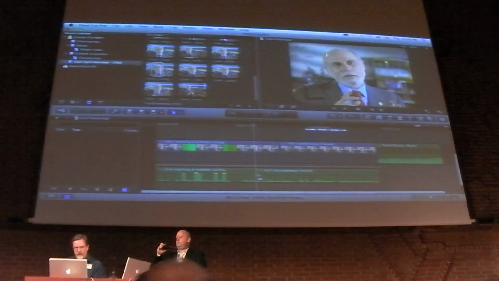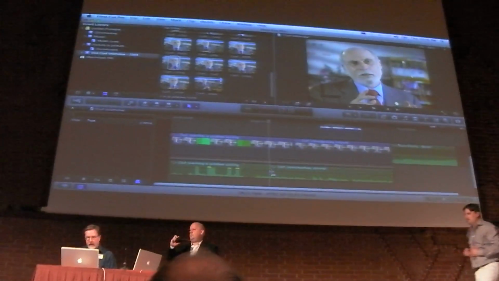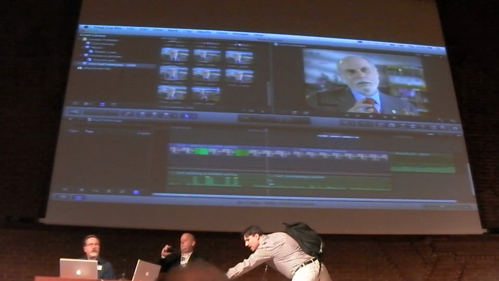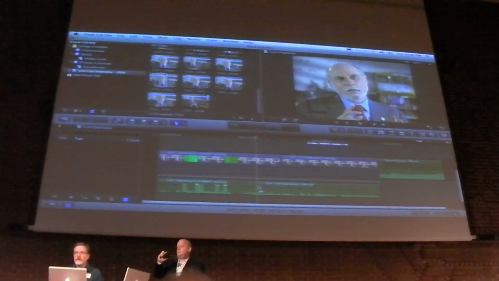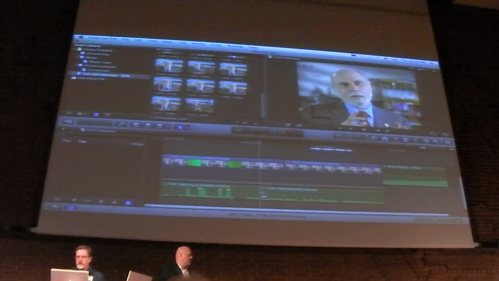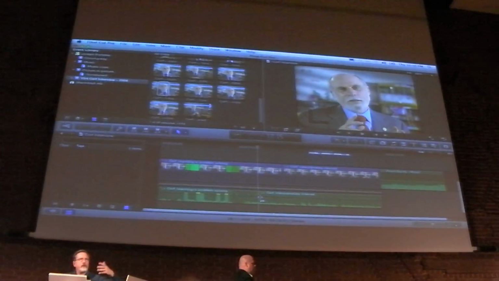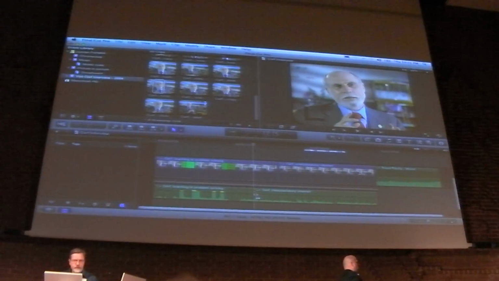Can Final Cut 10 be used on a MacBook Pro? Yes, but you need to go to apple.com/FinalCutPro/resources. Final Cut Pro/resources gives you a list of all supported devices, all supported cameras, and